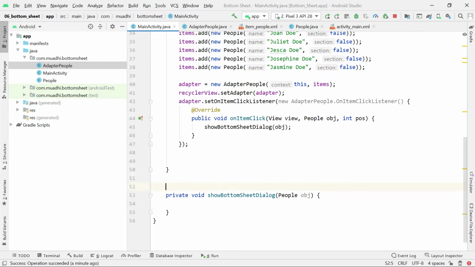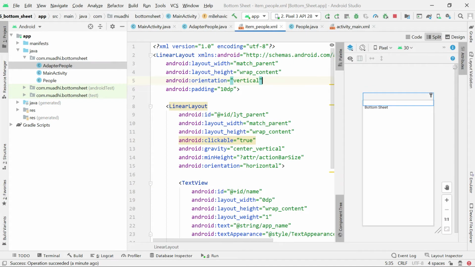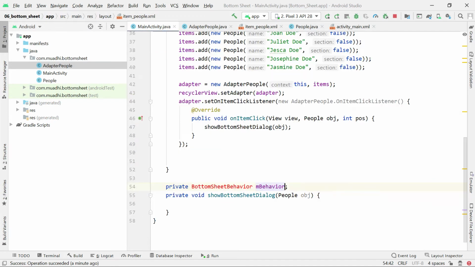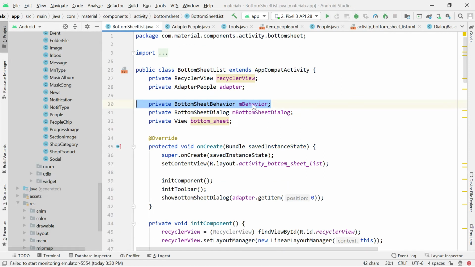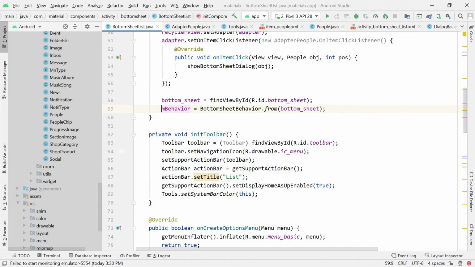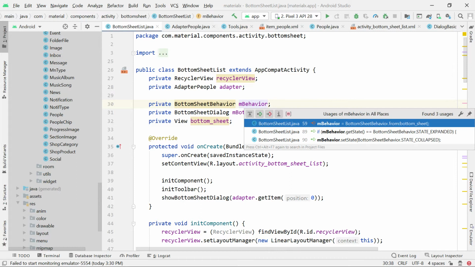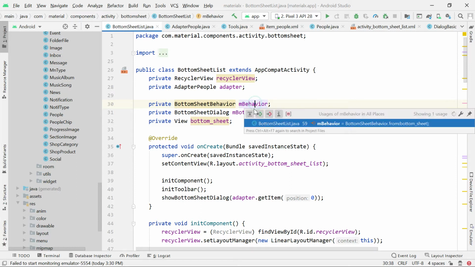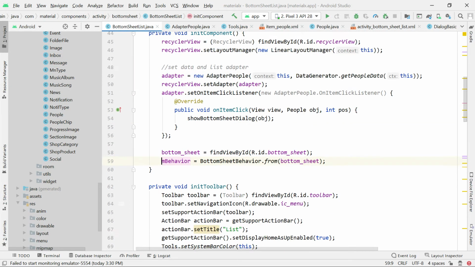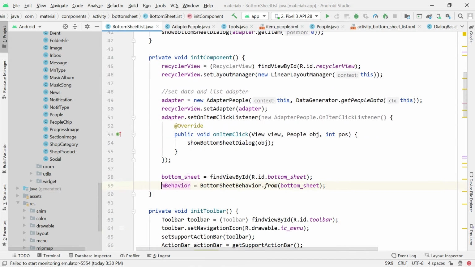So here, and to initialize it. To initialize it, bottom sheet state. To initialize like this, just like find view by ID. I mean from bottom sheet state, and then bottom sheet behavior is equal to, just click there to initialize under the init component.